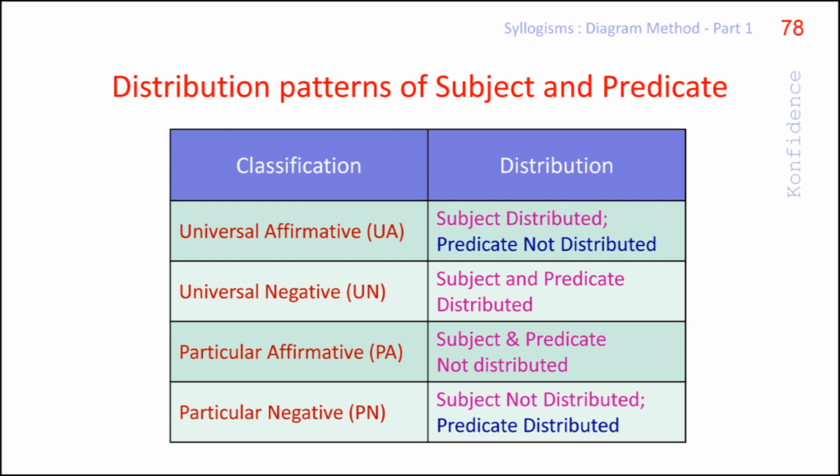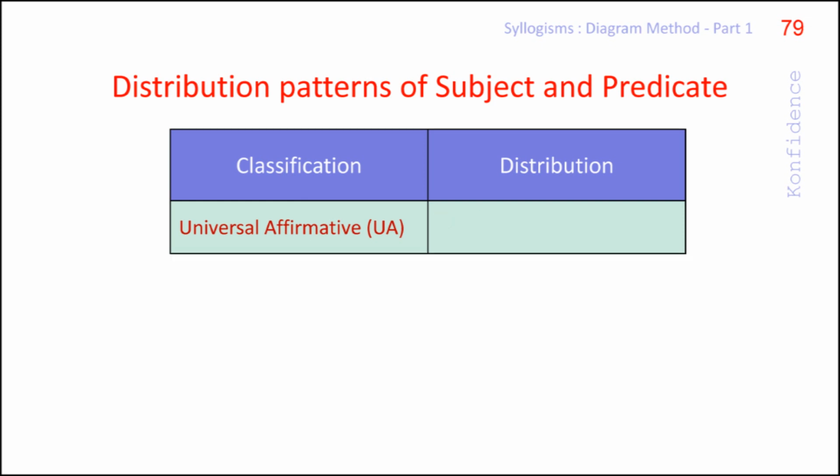I hope you did not understand. Let me elaborate. This concept of distribution of subject and predicate in a categorical statement comes from an elaborate theory of logic, which we shall not spend time on. We shall just use the result of that theory, which says, in a universal affirmative statement, subject is distributed and